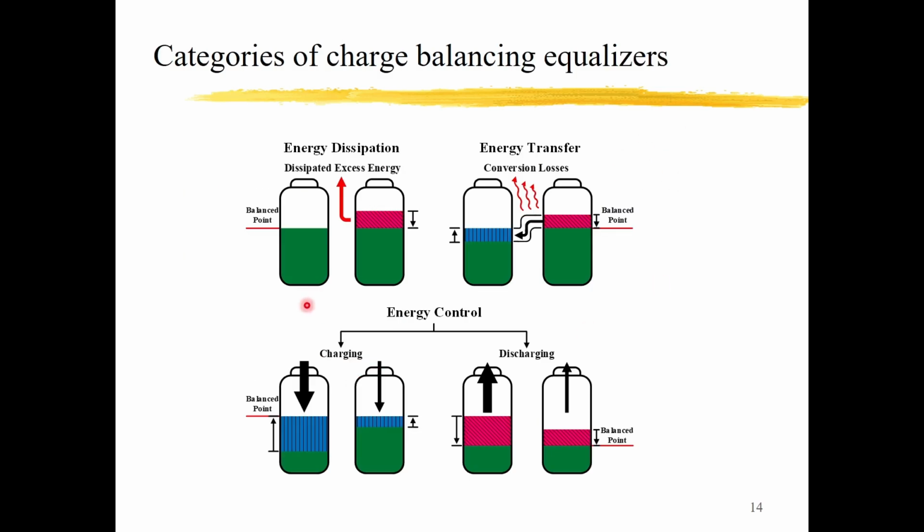We just said that there are three methods. Okay, there are three categories of the charge balancing actions. The first one is to waste the energy. We also said this is the energy dissipation method. We just dissipate the excess energy by resistor. And I said